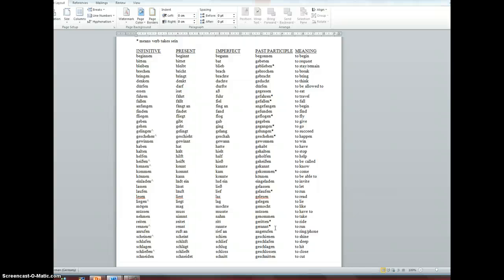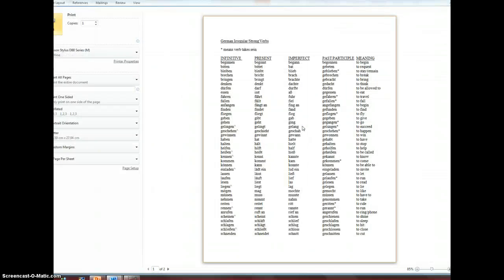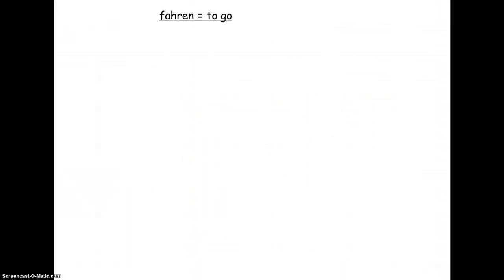Another way is to see that they are verbs that do not take a direct object. So you can't go something, you have to go to something. Okay, it is a little bit more complex than that, but if you think of the motion thing, you'll spot most of them. For example, fahren, to go, when you're using mechanized transport, takes sein. It's got a star next to it. Some lists will put an ist with it instead of a star to show that it takes sein.